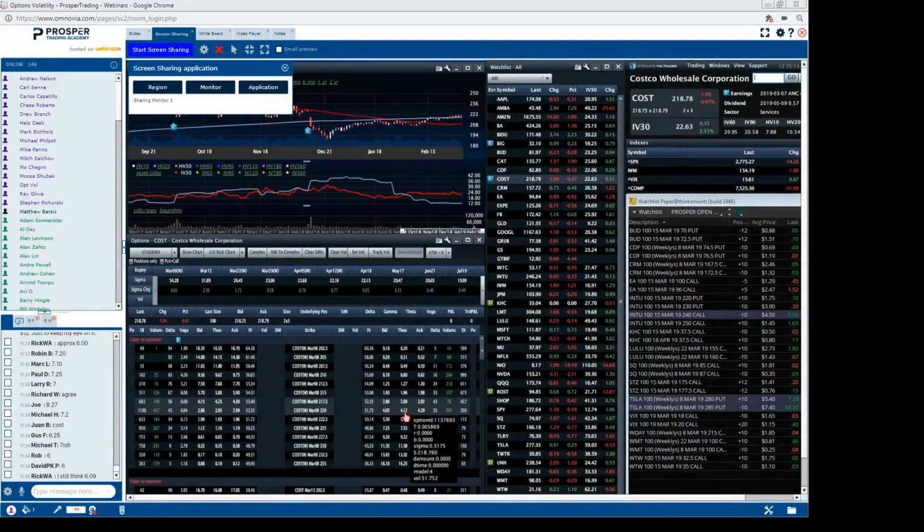Right? 220 straddle, everybody. And it's about $1.20 in the money. So the one-day move is about $6. Okay, the one-day move is about $6. And if we look to